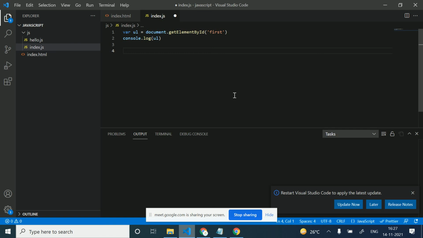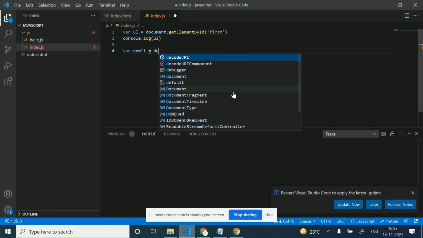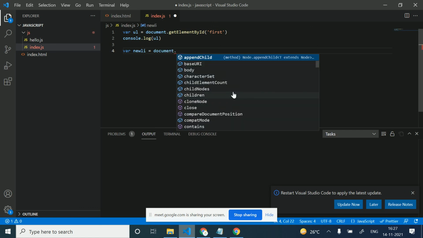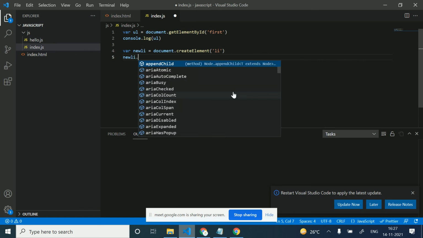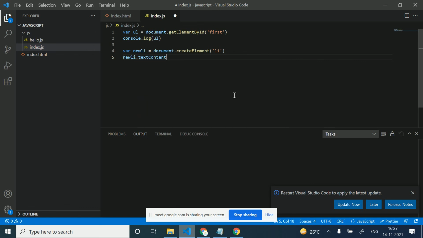So I'm first going to create an li in this, and I will replace it: new li equal to document dot create element, then new li dot text content.